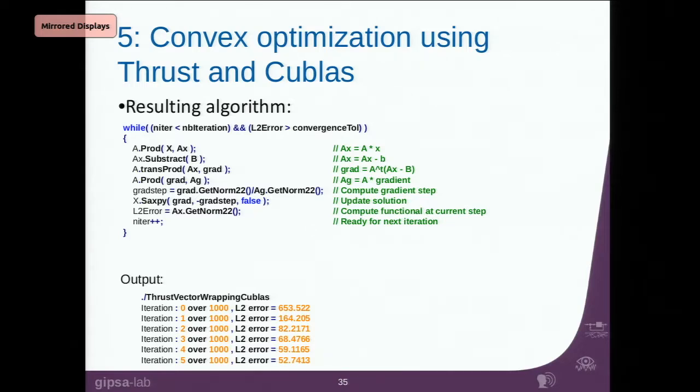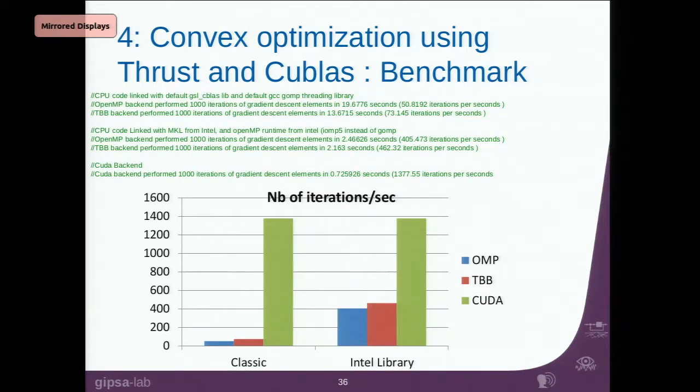And I was able to run my gradient descent with multiple iterations. What was interesting in this case was to compare the number of iterations I was able to perform in a given amount of time, in 1 second here. And I was able to benchmark. So the CUDA implementation, of course, was the fastest. But it was interesting that I was also able, with the simple wrapper I did, to switch from an